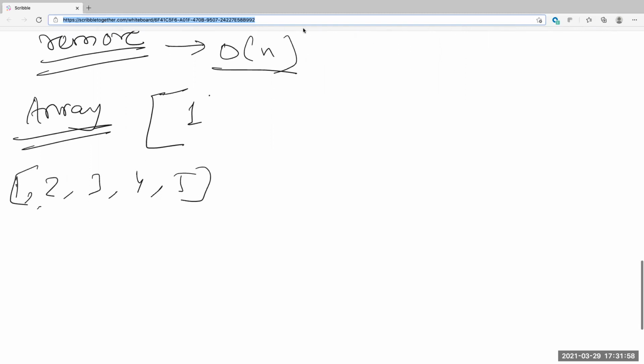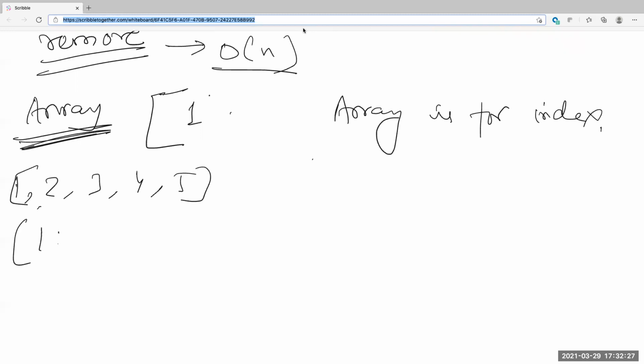So initially, when we insert 1, we put 1 in the hash map. So wait, so what is the array for? The array is for indexes. Okay. So now, going with the idea we have, the hash map, instead of storing just the value and the key, is now going to store the value and the index. And 0. This is what you said? Right. Currently, your array is 1.